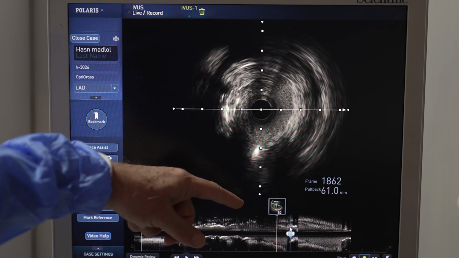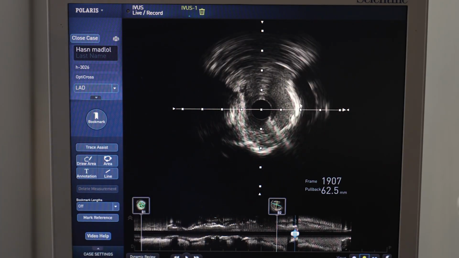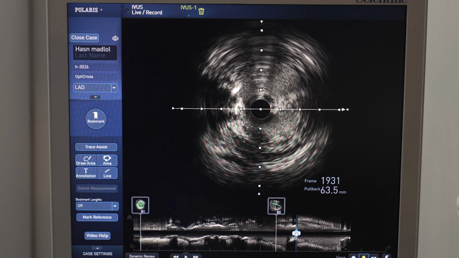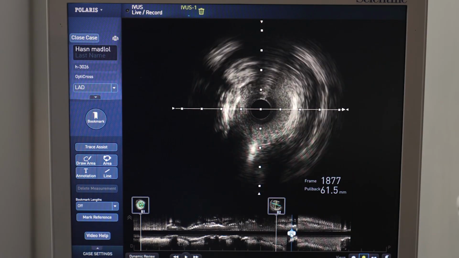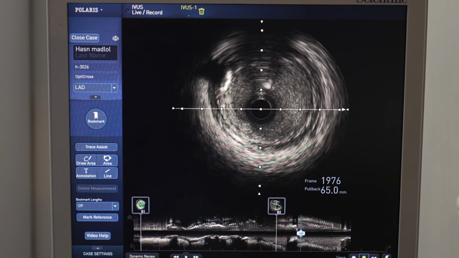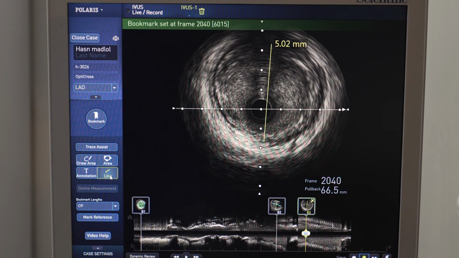This is the wire of the circ. And this is the left main stem. There is calcification around 270 degrees. But probably there is some crack here that we can use some high pressure balloon to open it. I don't think we can take a rotawire or anything like that. Let's see the main stem itself, diameter. Again, it's 5 millimeter. So if we use a 5 millimeter stent,